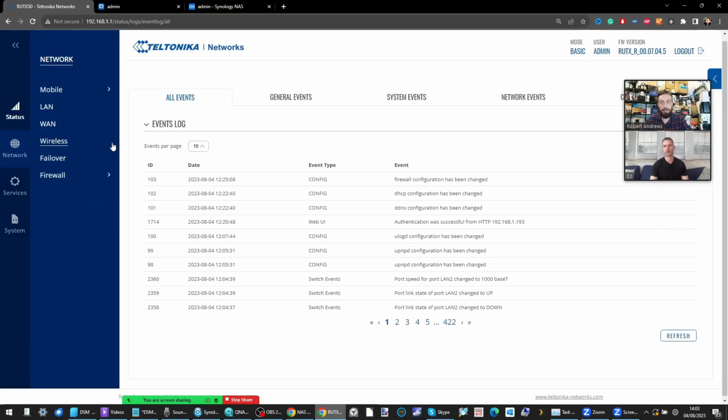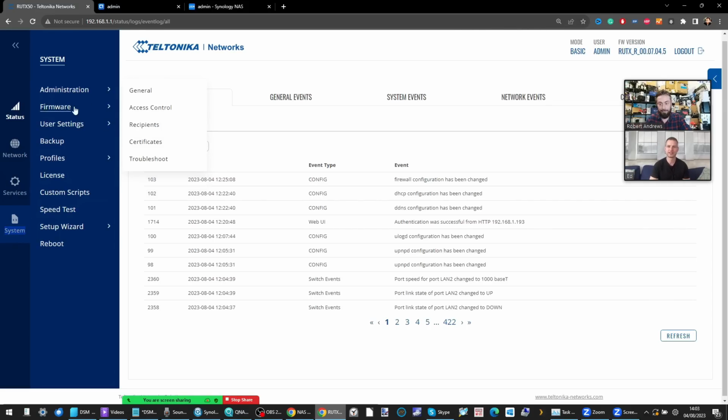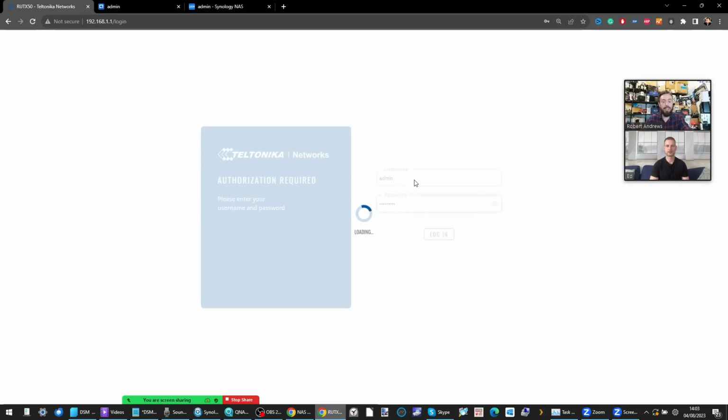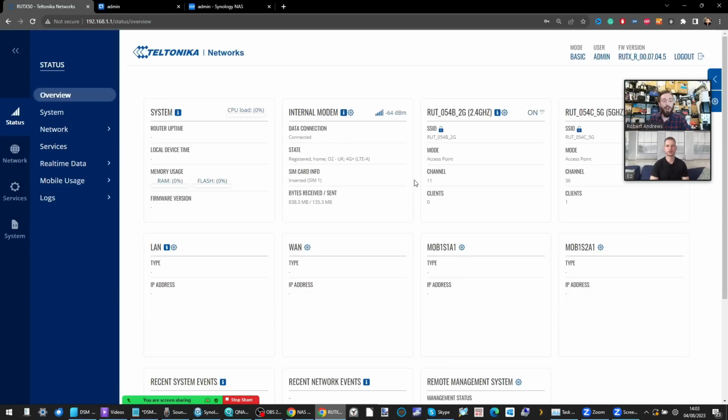Oh, the first thing is obviously password. Never do a password blank, or password, or admin. Good news for you. I've set the password on this router. Let's log out. So the password on this router, you'll be pleased to hear, is the word password. So our router login for the administrative powers is admin and password.